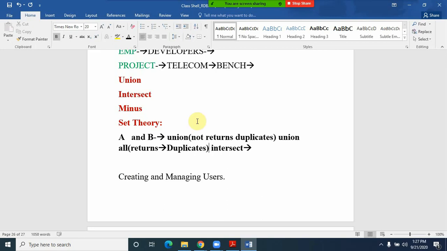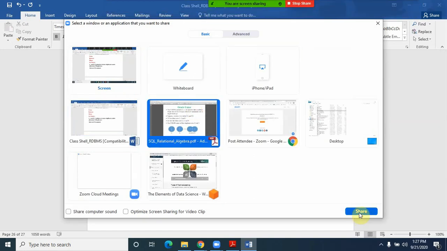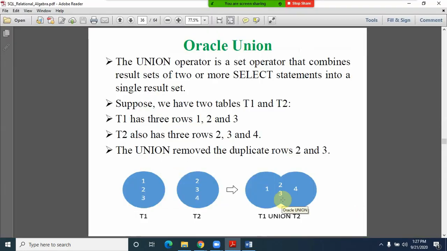Okay, and coming to the intersect. Intersect means the combination, friends. There are certain things which are common, and only those particular things I want to emit, I want to get outputted. Similar to this standard, in relational models also we have certain considerations.